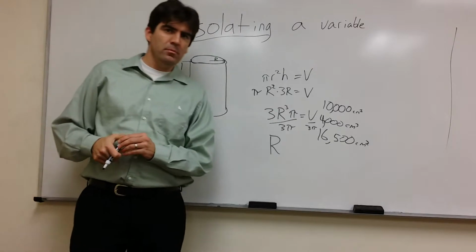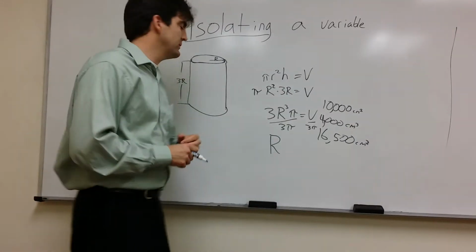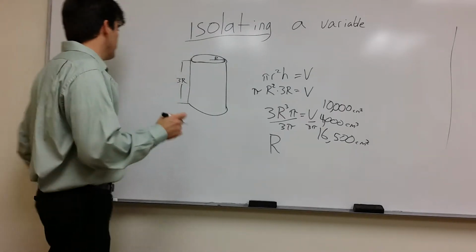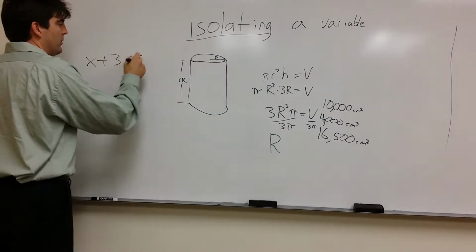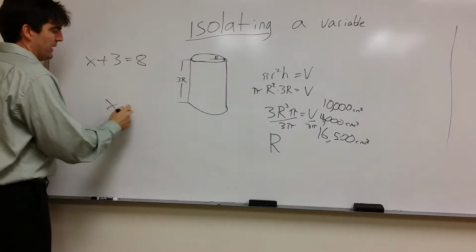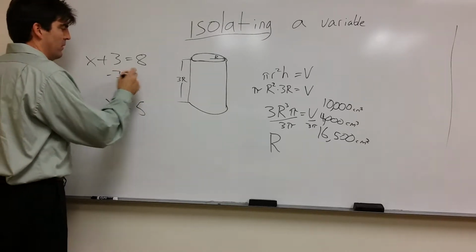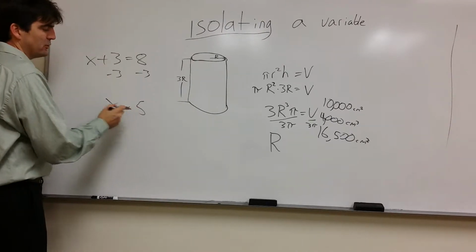Okay. I'm going to use a different word here, isolating a variable, for what we're about to do. It's really solving for a variable. It's nothing different, but before, when we had this, we were going to get a value for x. We're going to find out that if we subtract 3 from both sides, we found out the actual value of